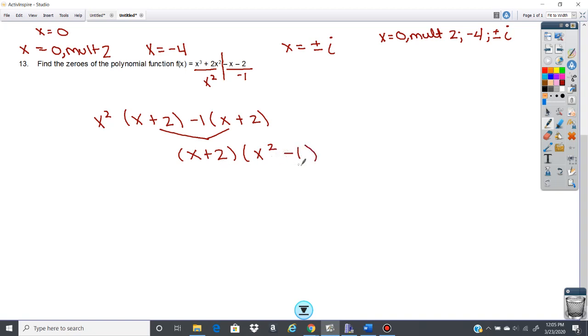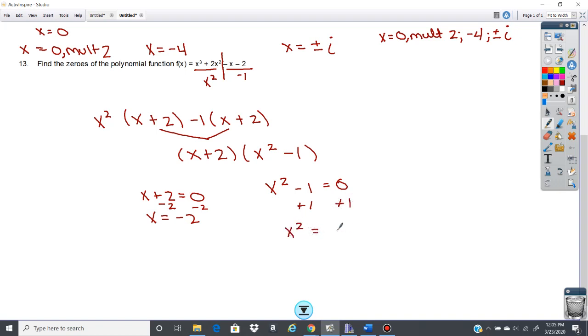Now I take each factor and set it equal to 0. So x plus 2 equals 0. That'll give us a negative 2 because we subtract the 2 here. And then x squared minus 1. Remember, the squared is not on the outside of the parentheses, so this is not a multiplicity. We're just going to